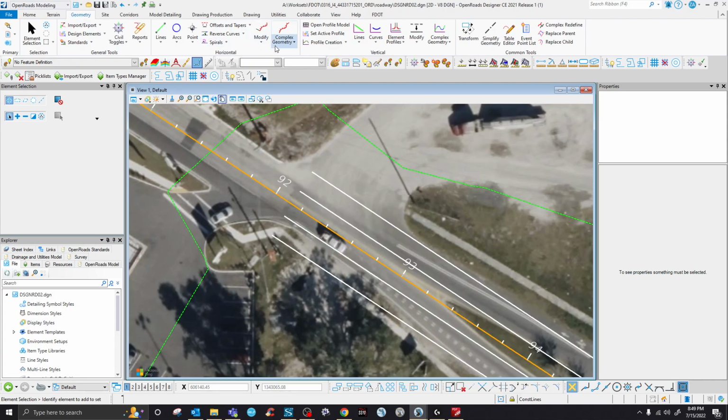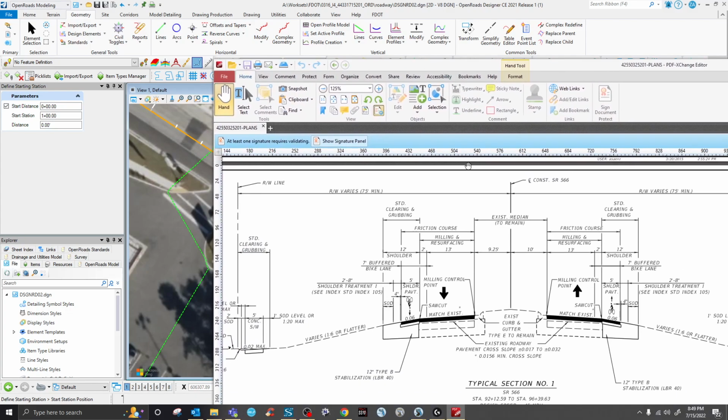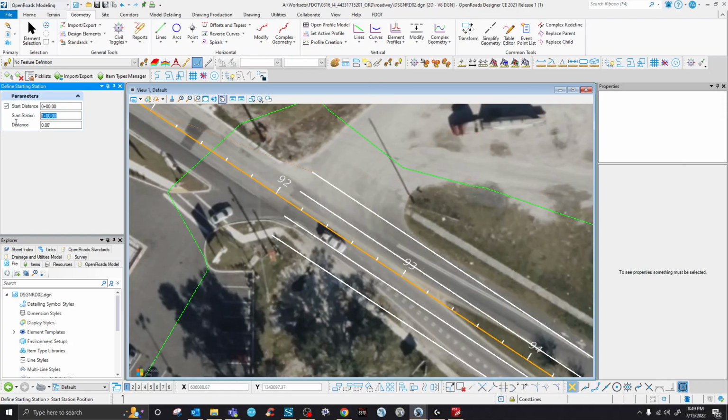Now the last step is, let's do this. I want to add stations to this lane. Just hear me out. It's gonna help. We're gonna treat them like they are alignments. So we want to start from here, from the beginning. Click on it. I already put start here. So what I'm gonna do is I'm just gonna write the station. Literally, I'm just gonna write the same station that we have here. This one, 92. So let's just do that. 92